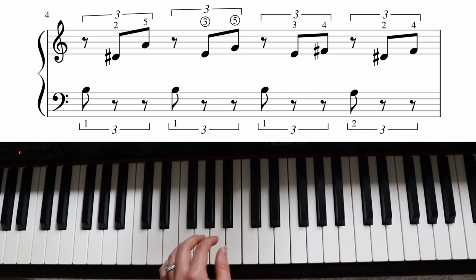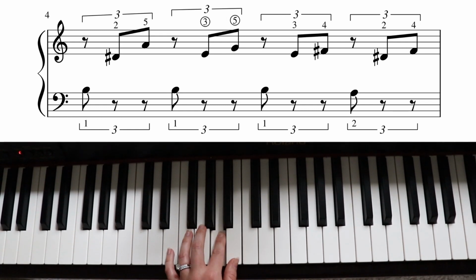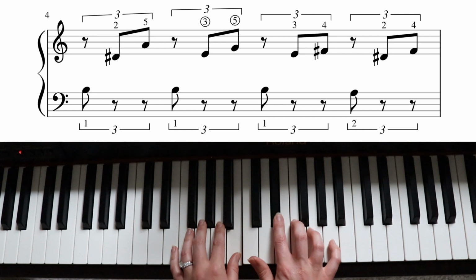With your left hand, you're going to place your thumb on B, the B that's below middle C. So you're going to play B, B, B again, and then finally you get to switch to A, okay? So when you put it together, it'll sound like this. So you start with your left hand, and then your right hand plays its notes,